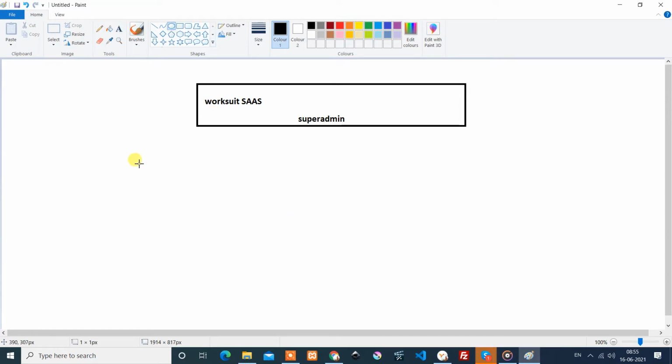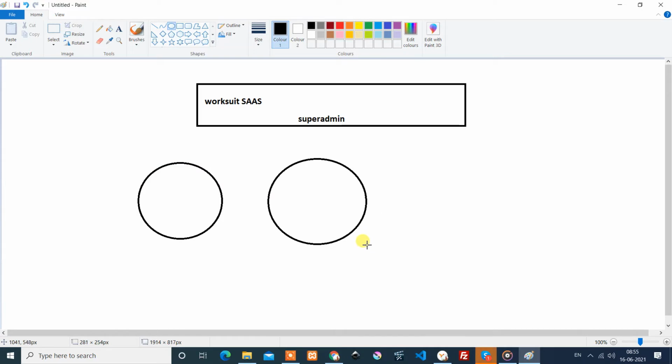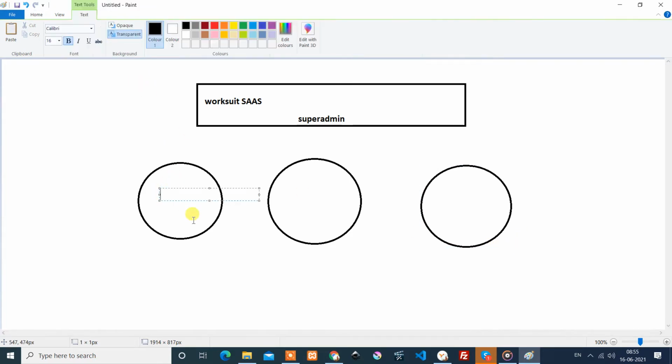Under that SaaS, we may have multiple companies, means multiple companies or multiple branches. And each branch, each plant or that head, we call as admin.